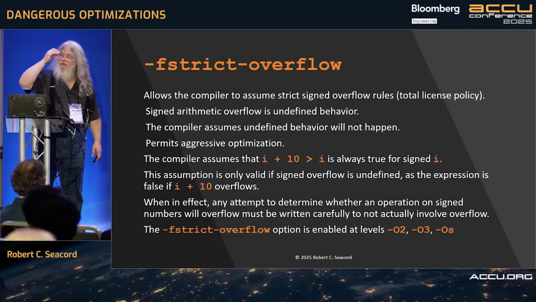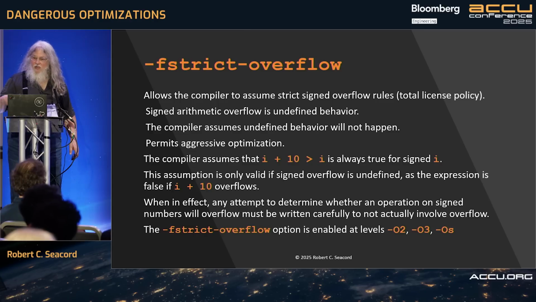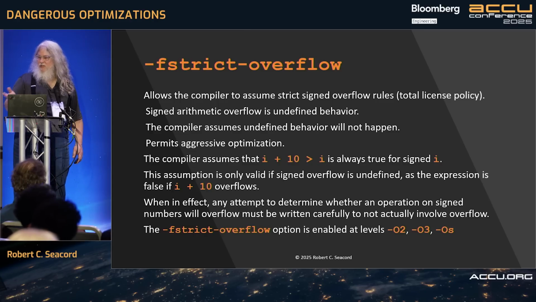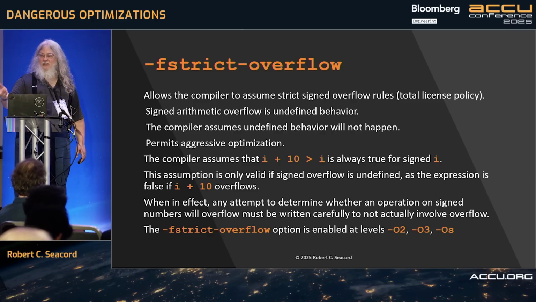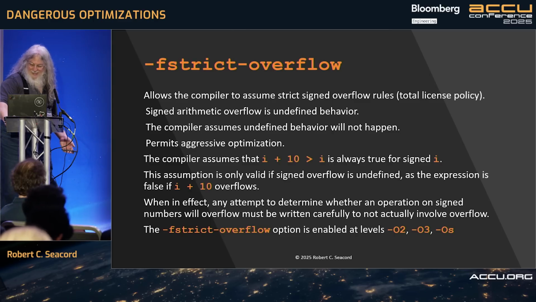And this stuff is always lovely too, right? The fact that O0, where you do most of your debugging and testing, has different behavior than what you actually ship your code with. So you have to do thorough testing of your executables. And I always thought this was just a good UB detector too: build it at O0, build it at O3. If you get different behavior, you probably have UB. Go find that.